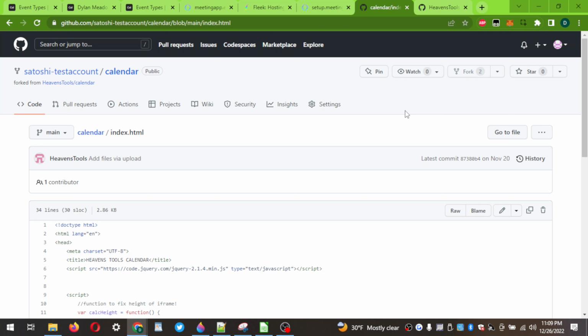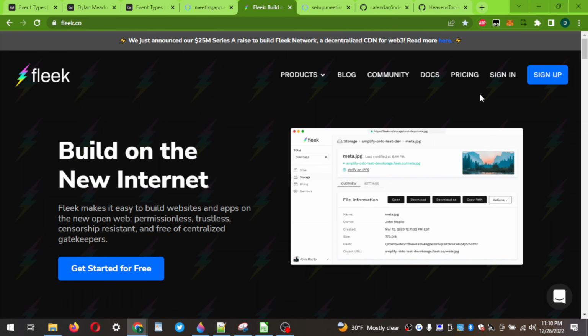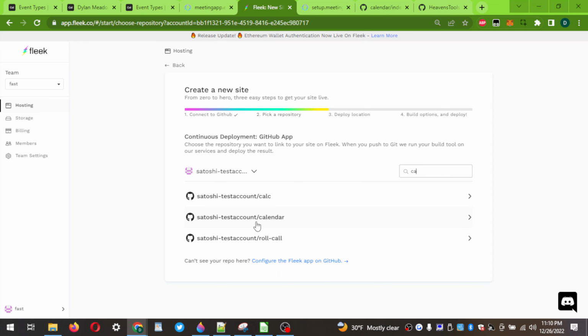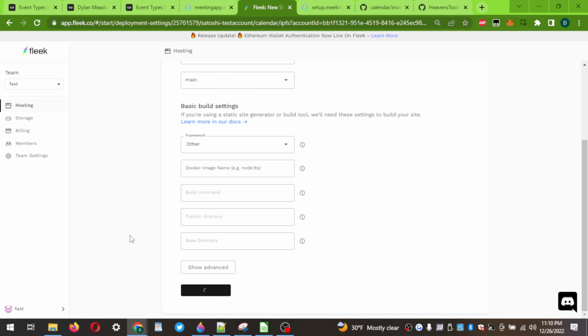Go to fleek.co. There'll be a link here as well. But fleek.co will allow you to come here, sign in with Fleek. Add a new site. Look for your calendar. Continue. Deploy your site. And now your calendar here is being deployed onto IPFS